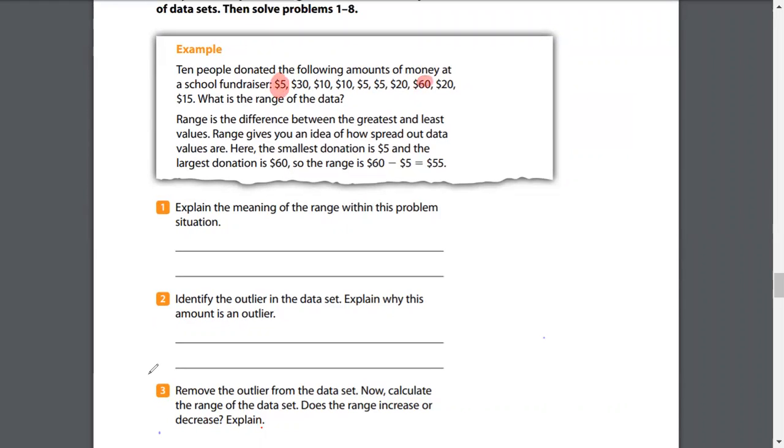And these are not in order, but I still recommend that you put them in order, because what if you lost the number? Then you would end up with the wrong answer. So the largest number of people donated was what? 30, I believe. No, it's not. See, they're not in order. 60. Where is 60 at?